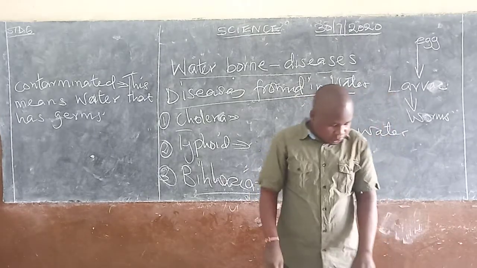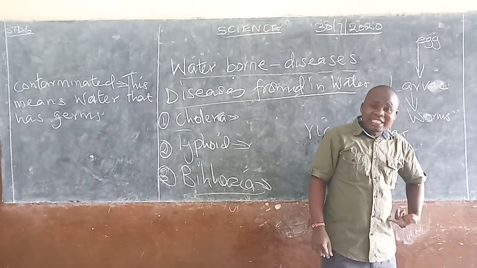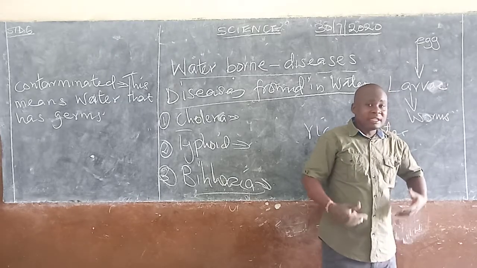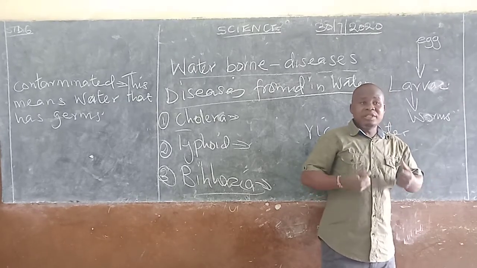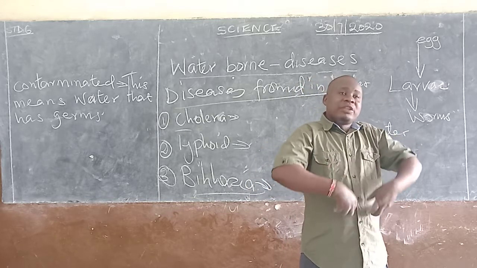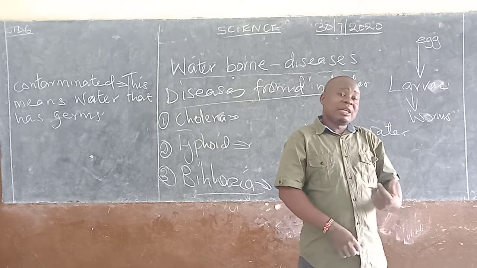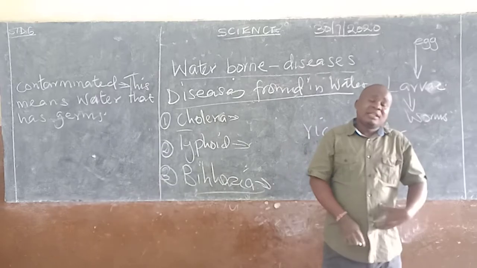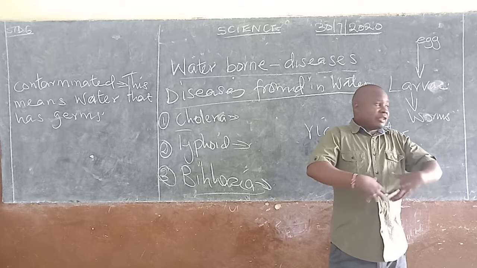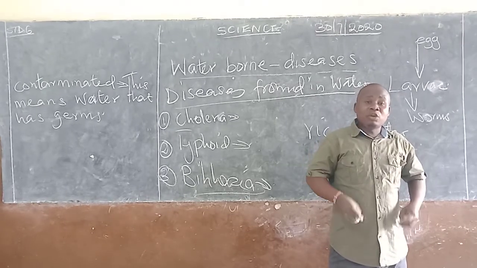Now, we realize after the worms enter into your body, then they will go to the intestines. After they have gone into the intestine, then they start developing, and then when they are fully mature, then they release the eggs. Now the eggs will go through the feces, some will go through the urine, and then they will come out. And remember, you must also be treated. That is when these worms will get out of your body. Because after they have developed in your body, they also release the eggs. The eggs are released and coming outside.